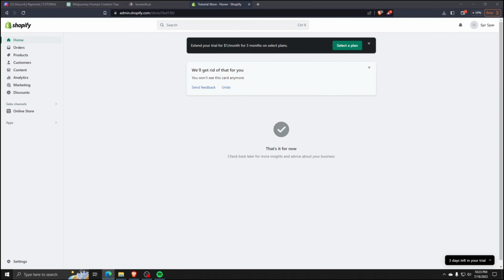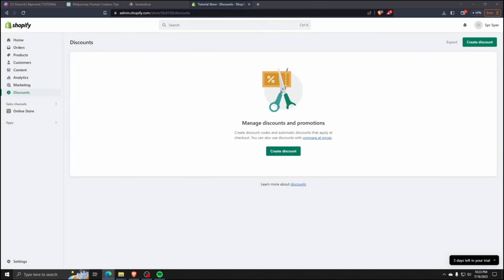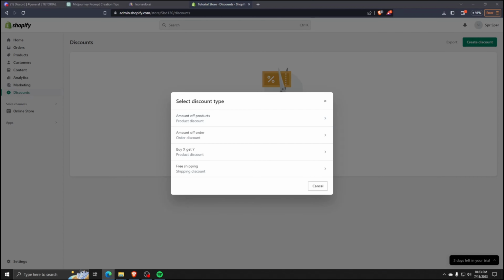So the first thing you want to do is to head on over to your Shopify dashboard and on the left-hand side, click on the Discounts menu. From this discounts menu, you can create discount codes and set automatic discounts that apply on checkout for your Shopify products. For now, go ahead and click on the Create Discount button in order to set up our first discount